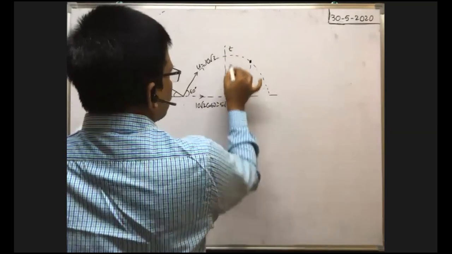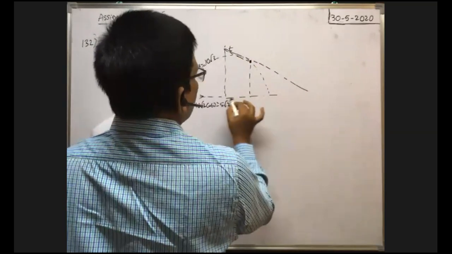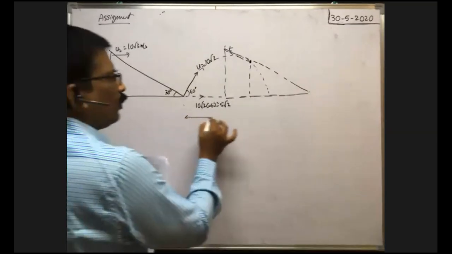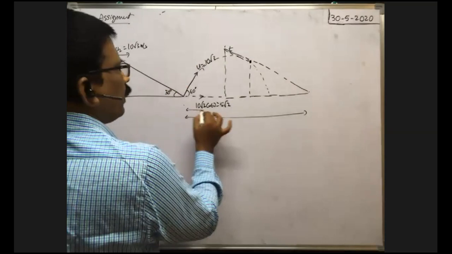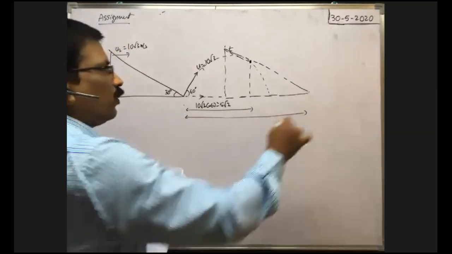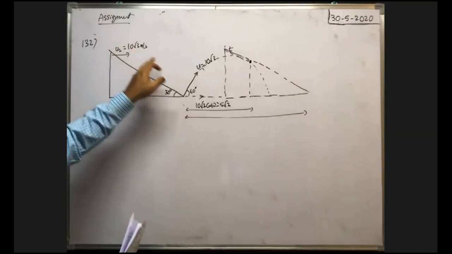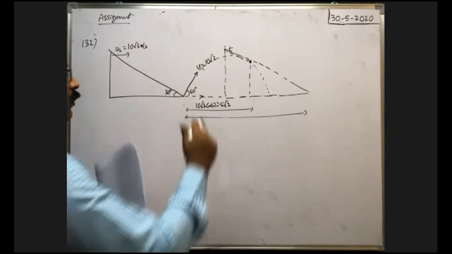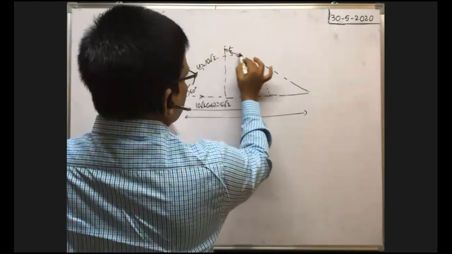After some time t seconds, definitely the wedge comes to this position like this, because the wedge travels more distance in this time, you see. The particle travels just from this point to this point only, but the wedge travels more distance because the velocity of the wedge along horizontal direction is 10 root 3, whereas the particle has only 5 root 3 meter per second. So when the particle travels like this, the wedge travels like this, and the particle just reaches the point here.